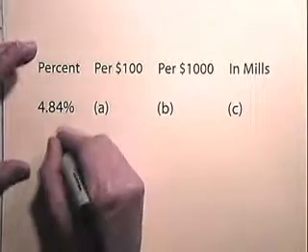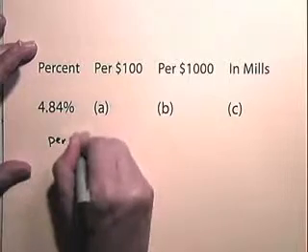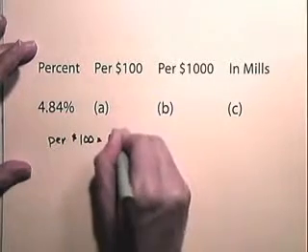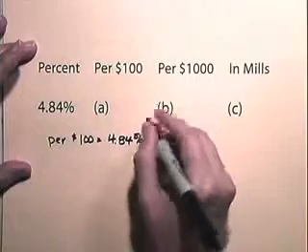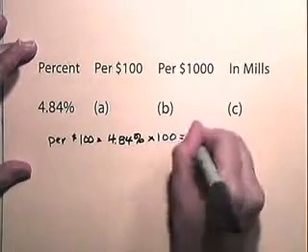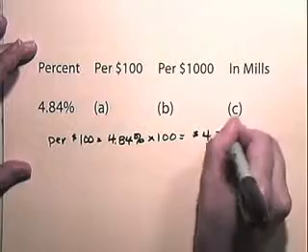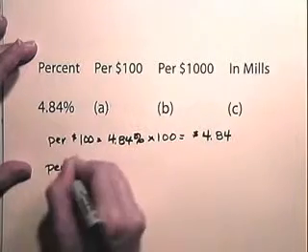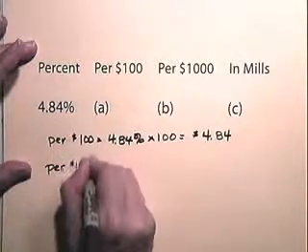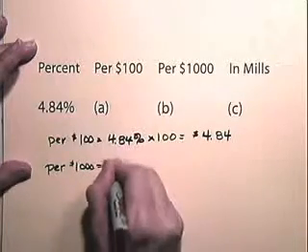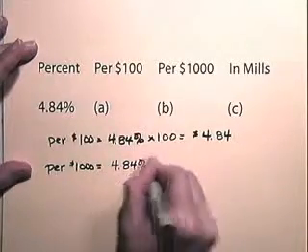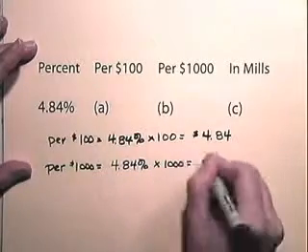Now let's express the tax rate in dollars per 100, dollars per 1,000, and in mils. We have a tax rate of 4.84%. Per 100, this will be 4.84% times $100, or $4.84. Per 1,000, this will be 4.84% times 1,000, which will be